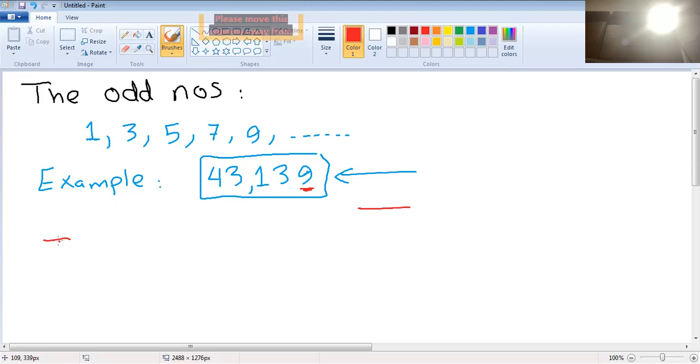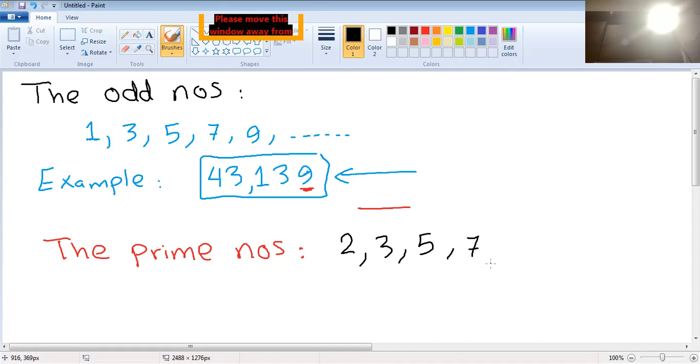Do you remember that? What are the prime numbers? A prime number is any number that has only two factors. Like what? Like 2, 3, 5,